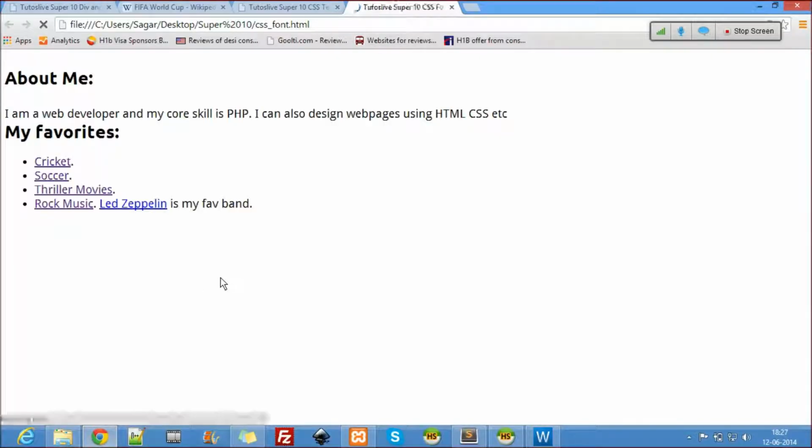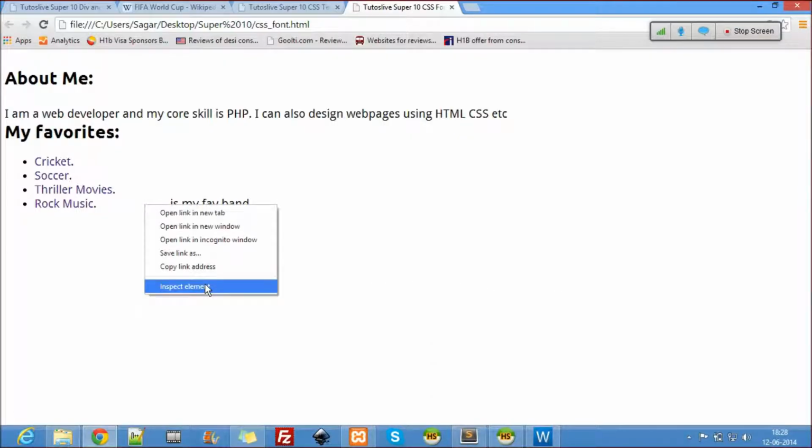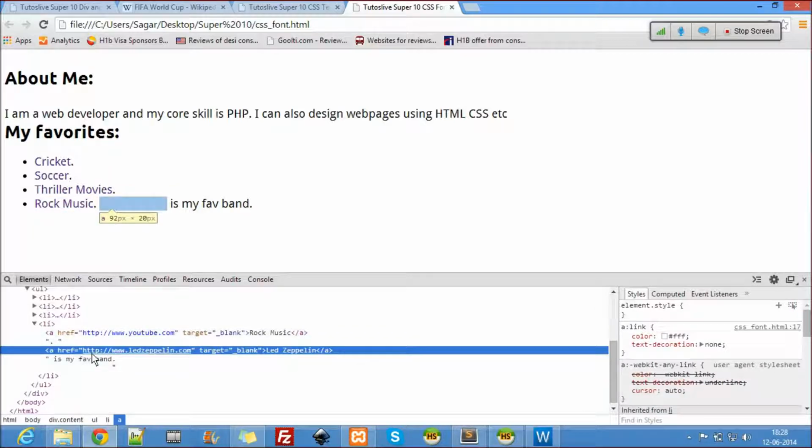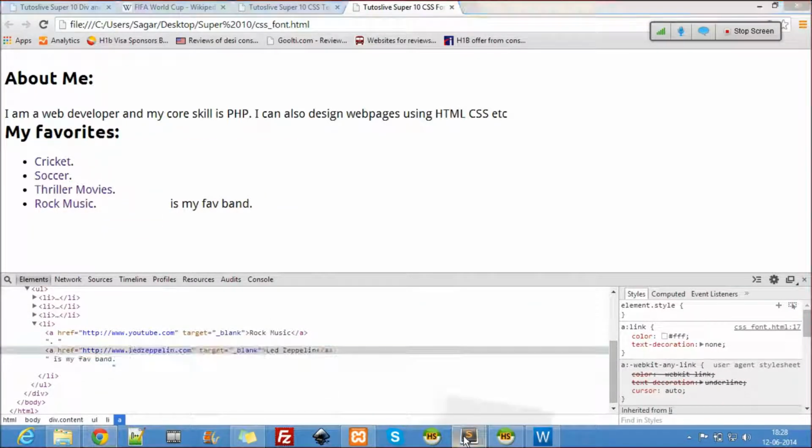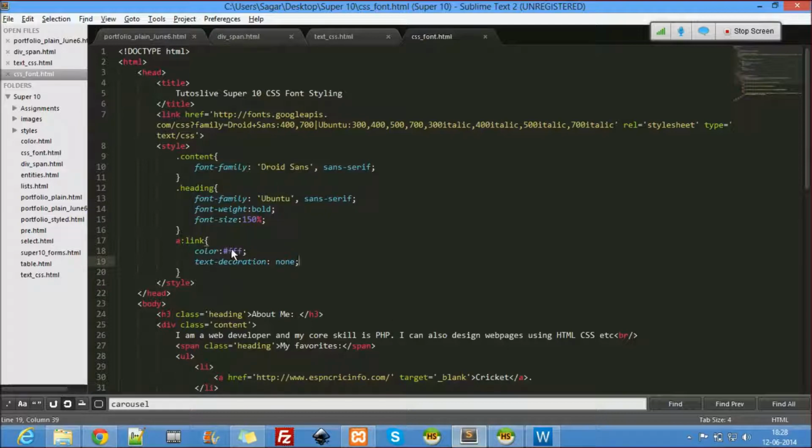Let's see. Oh, it did not give black, I gave white. Okay, fine.